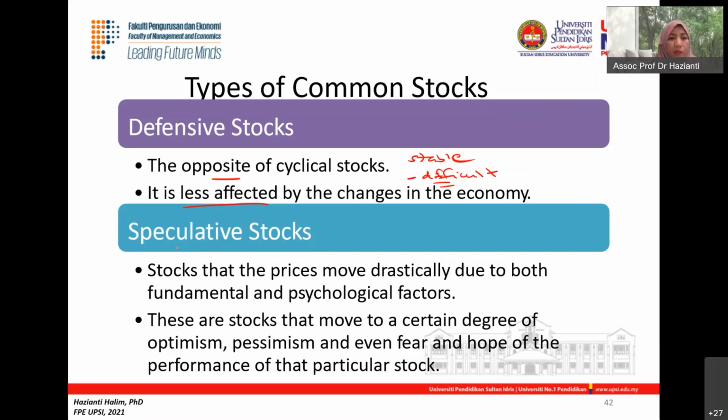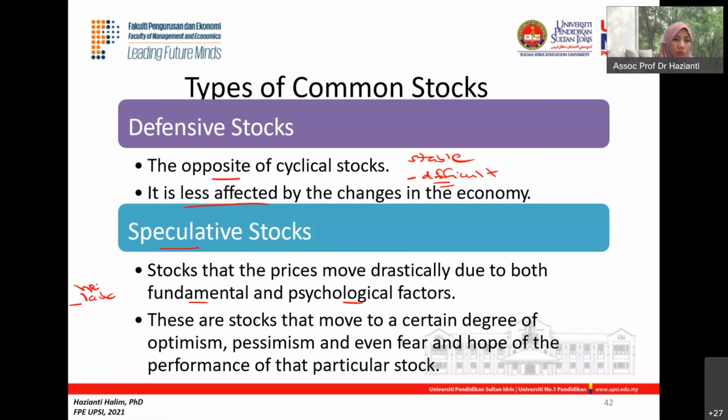Speculative, okay, the keyword here is speculate. So speculative stocks are the stocks whose prices move drastically due to both fundamental and psychological factors. So last week pun kita dah tengok kan the example of fundamental and psychological factors ni. So they move to a certain degree of optimism, pessimism, and even fear and hope of the performance of that particular stock. And some analysts, they actually relate these speculative stocks to companies which are kita kata